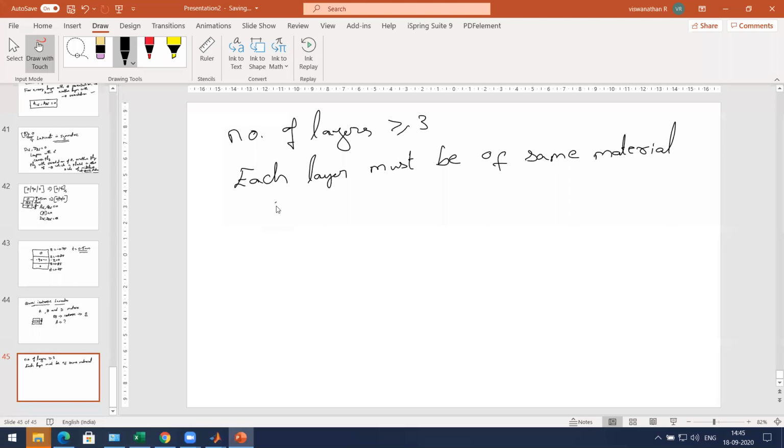The thickness of layers must be the same. And then the orientation of layers should be spaced by an angle equaling